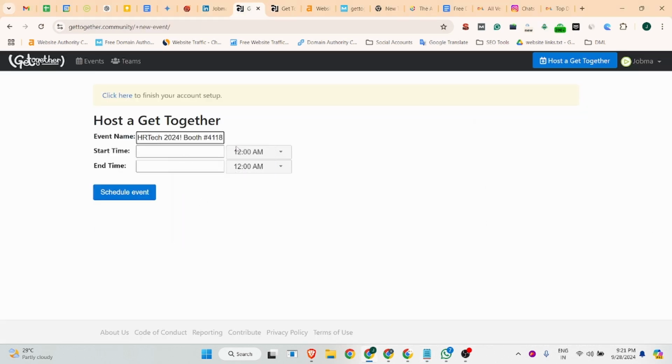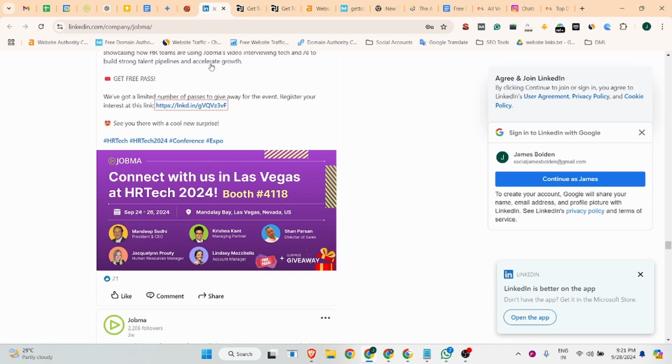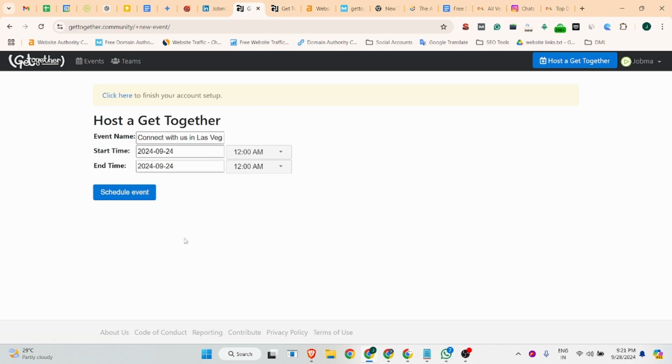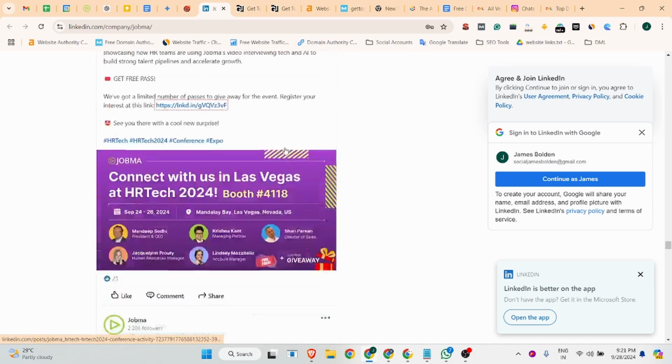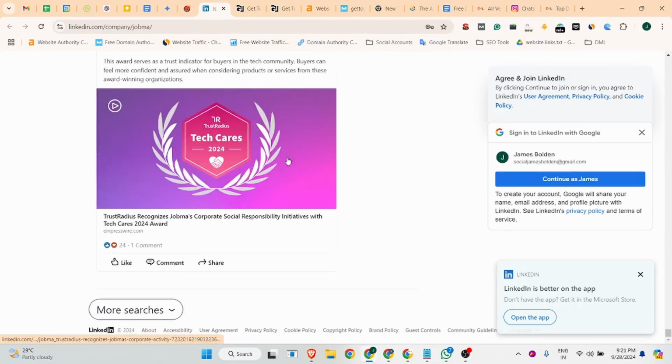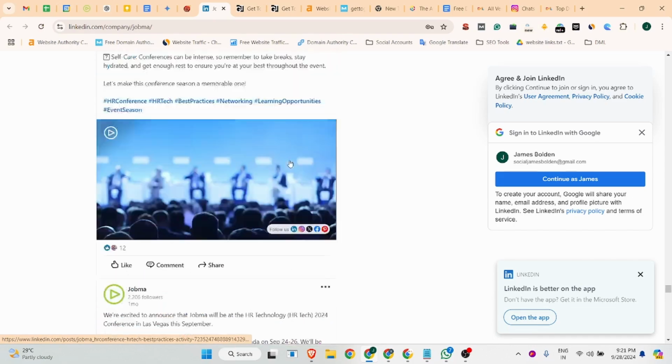So you can put your event title and when your event is going to start. So 24th September to 26th September. Okay, so this is not the right event that we are creating.